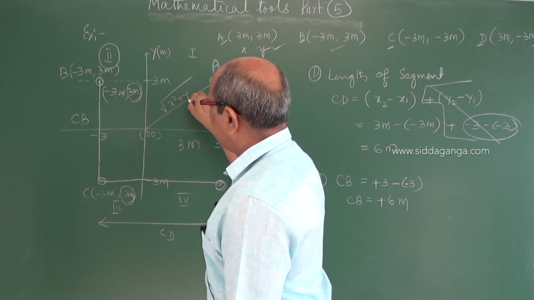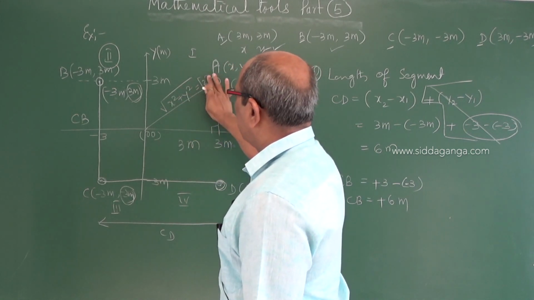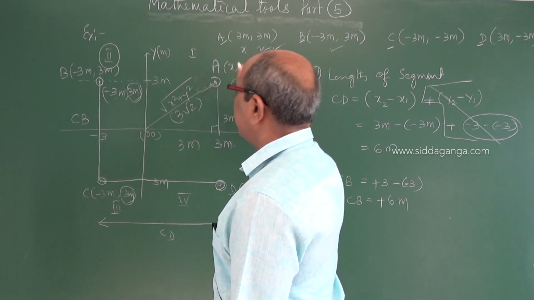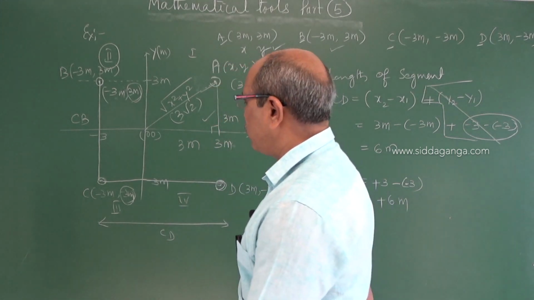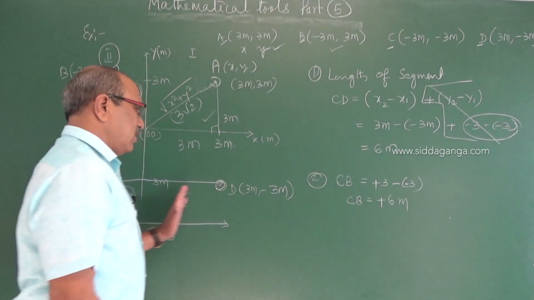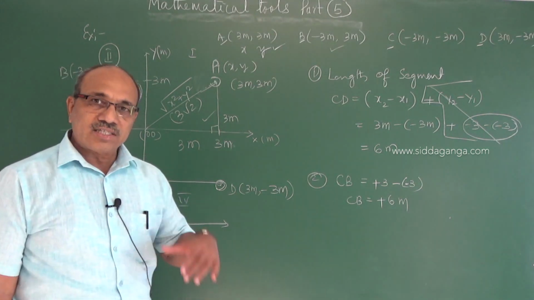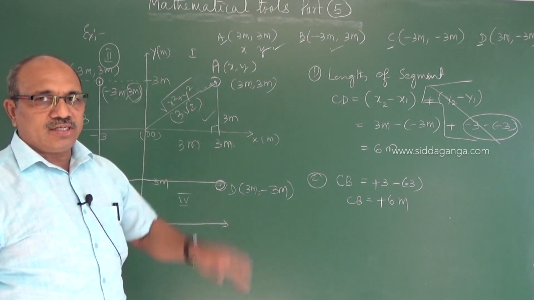X square plus y square gives you the root 2 into 3 concept, 3 root 2 is the value. We discussed this in the previous session. It is how the line segment length of the path covered by a particle in a certain interval, only along x, no worry about the other component variation.